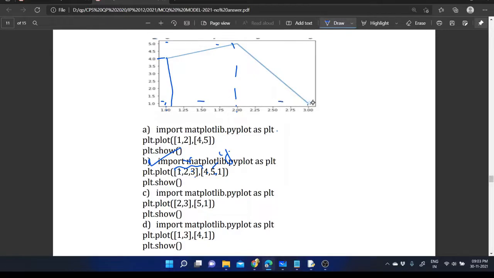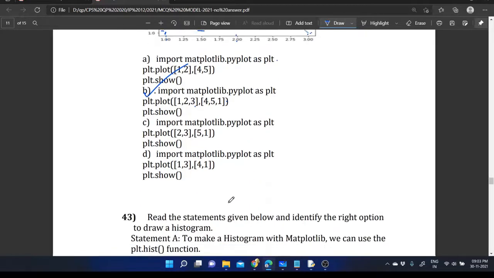So like this we can easily identify the correct answer. So plt.plot with the x-axis and y-axis values that we passed as two lists. Like that we can generate a line graph. So the correct option is Option B.